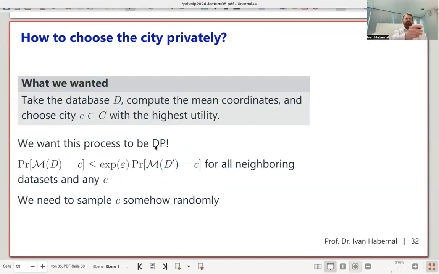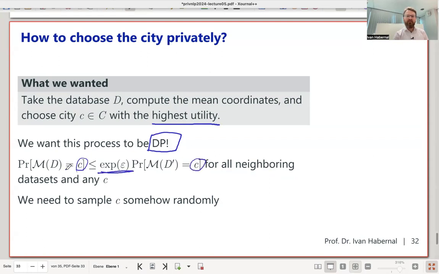Okay, so how do we now choose the city privately? So what do we have? You know the true value, you know the true mean. Now we know the global sensitivity as well. And what we wanted is to take the database, compute the mean coordinates, and choose a city with the highest utility. But we want to do it somehow differentially private, which means for anything we're going to output,